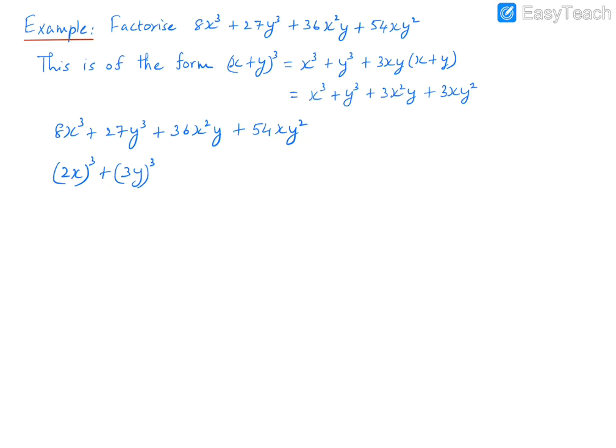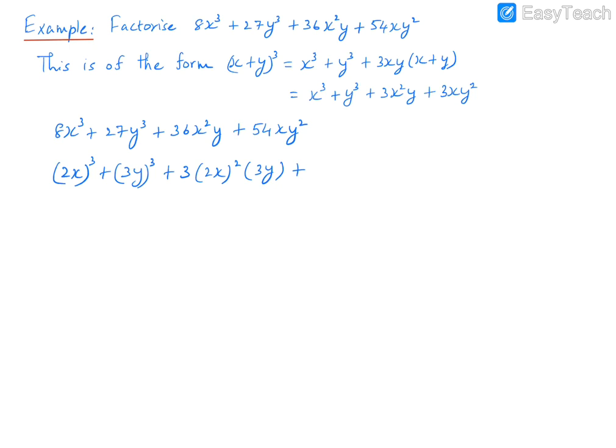Next we have 3 times x squared y, so plus 3 times x squared. In place of x, we have 2x here, right? So the term x here, which is x cube, we have 2x the whole cube. So in place of x we have to put 2x, so 3x squared will become 3 into 2x the whole square. And in place of y we have 3y, so we'll write the 3y as it is. So that's 3y